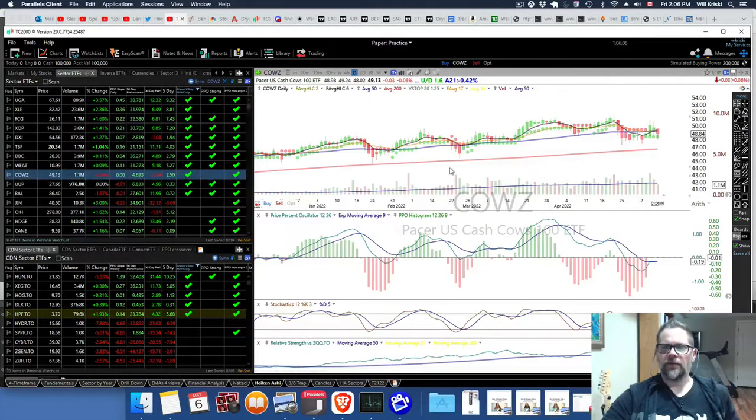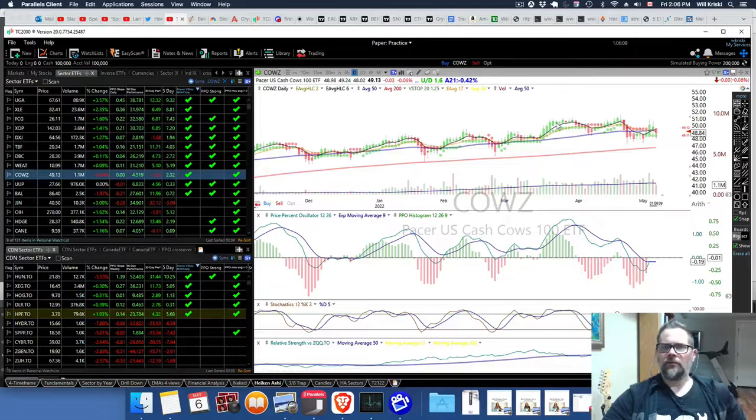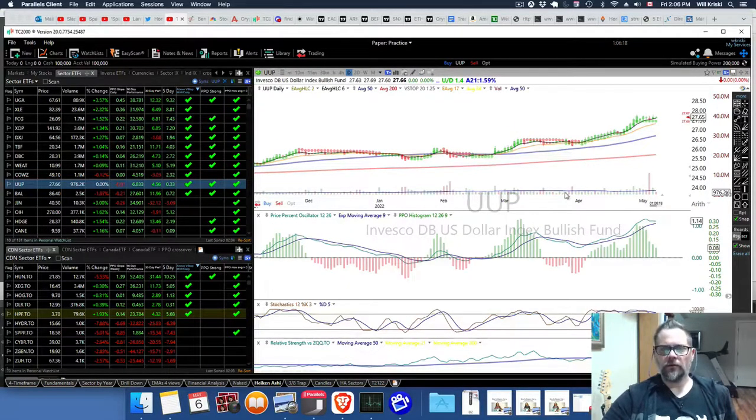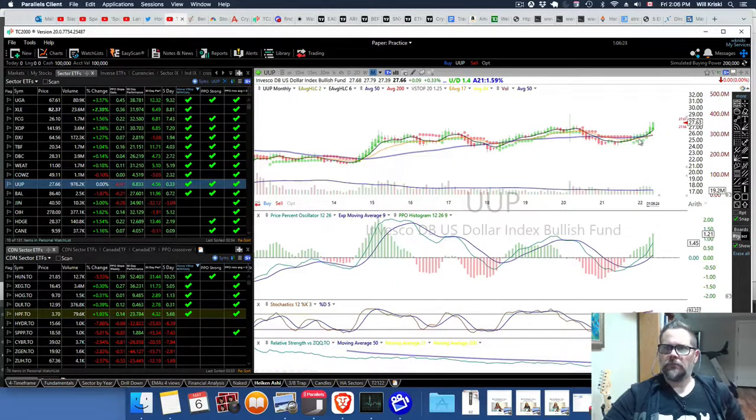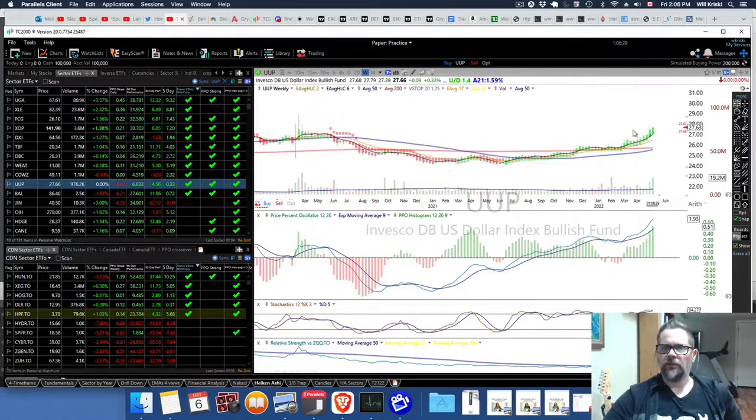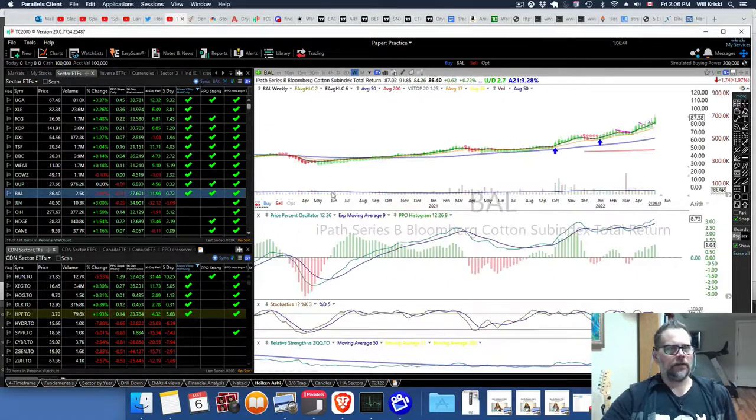And then there's this one, cash cows as well. But of course, it is choppy. It's not looking great. And the overall 90, 30-day, and 5-day performances are not super great. UUP is pretty good. It's a US dollar bullish fund. And of course, it's looking pretty good. It's been a little bit along in the monthly chart, and in the weeklies it's been quite a ways of up weeks. But of course, this isn't huge gains, like 6% in 90 days, 4.5% in 30 days, which is pretty good. And finally, in terms of above the V-stop on all conditions is the cotton